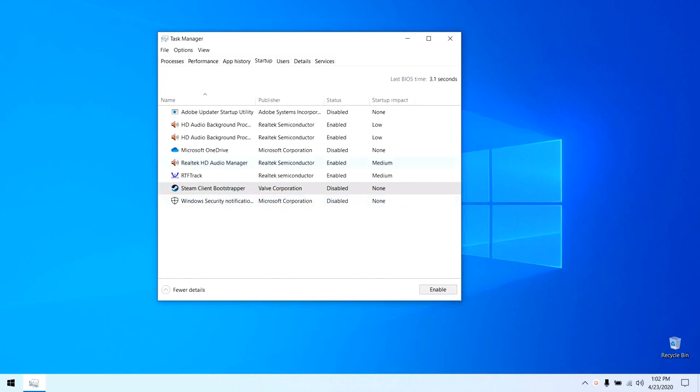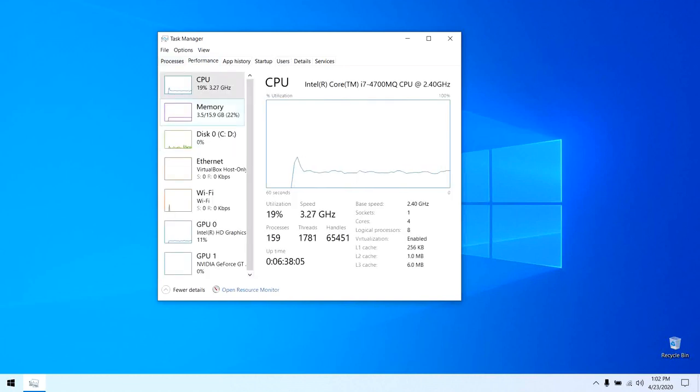Don't disable any of the others, that means Microsoft services, or the HD audio background, that means Realtek services, or any type of driver services. Just enable your default Microsoft services.